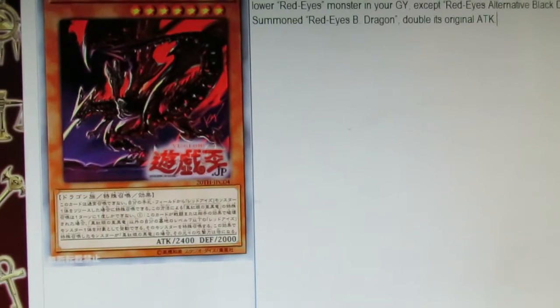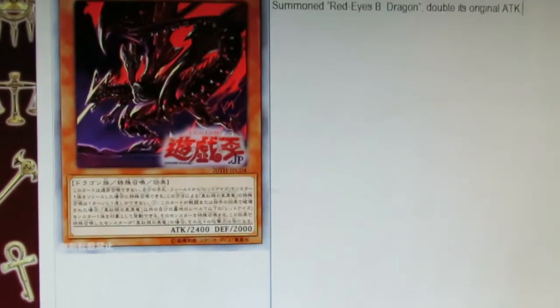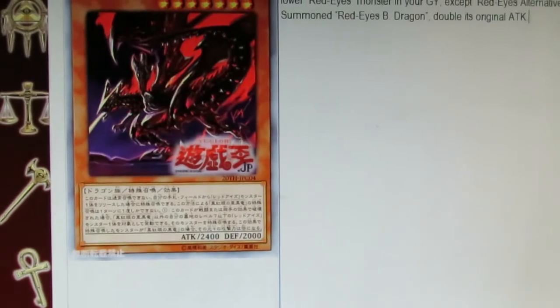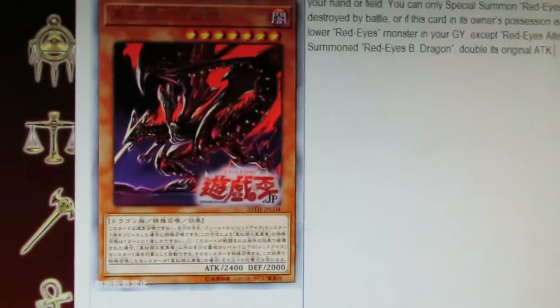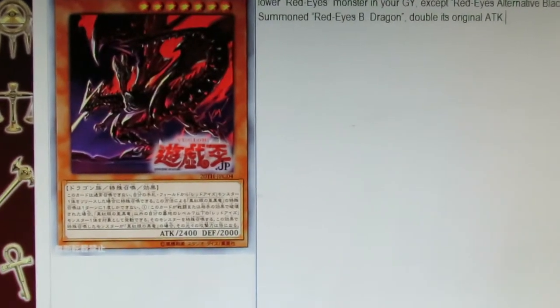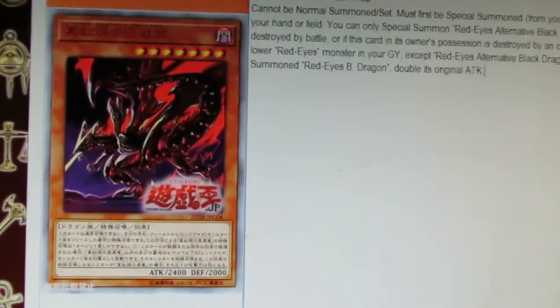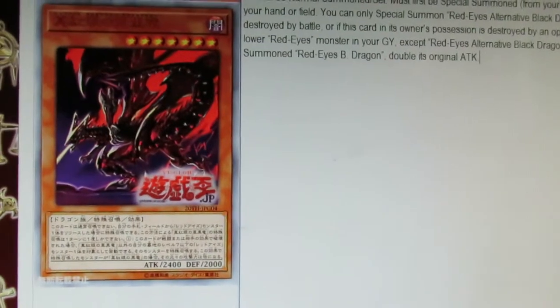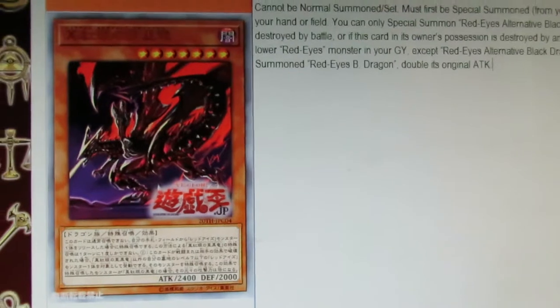And it's a once per turn. This summon is OPT, so you can't spam alternatives like you could. Wait, I got the okay. So that's the one thing they got right, because even the alternative Blue Eyes, and I have it right here, can't be spam summoned like the alternative. Yeah, so again,